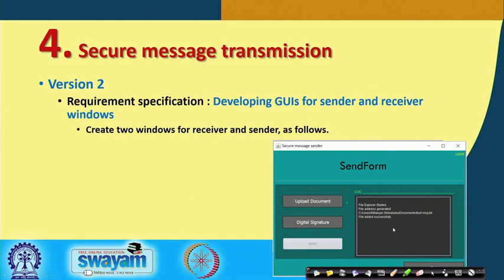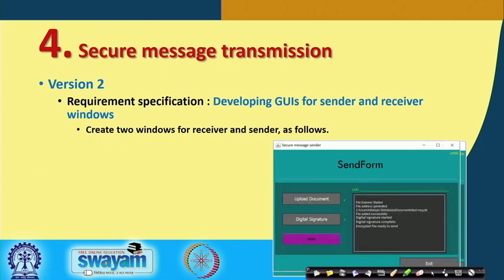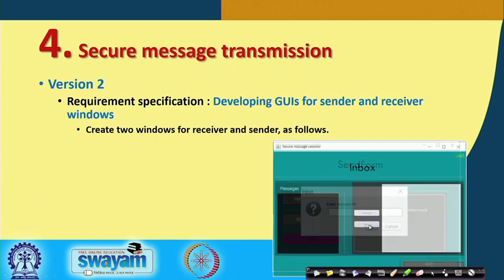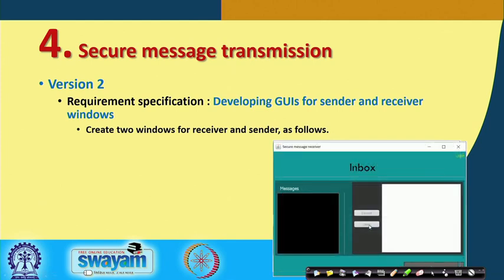It will display that the file has been successfully selected, and then you have the encryption algorithm button. If you click it, it will follow the algorithm, take the cryptographic key and create an encrypted file, which can then be sent. You can give the ID, the URL address or local machine number, and if you select it, it will go to the receiver.